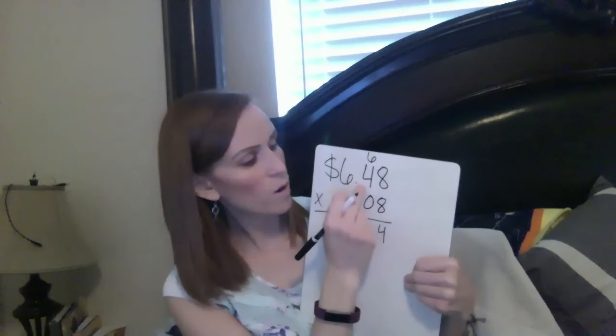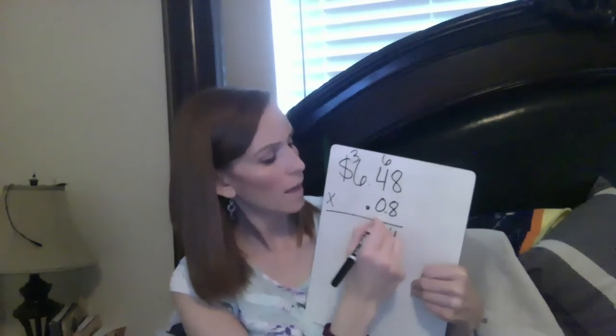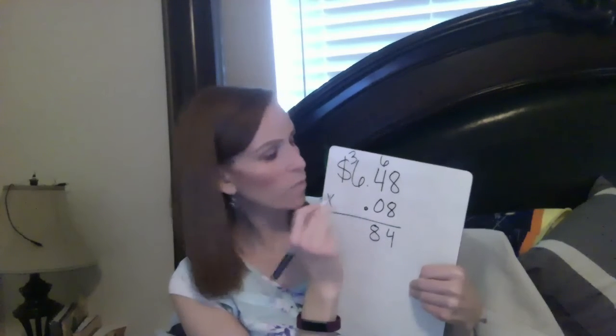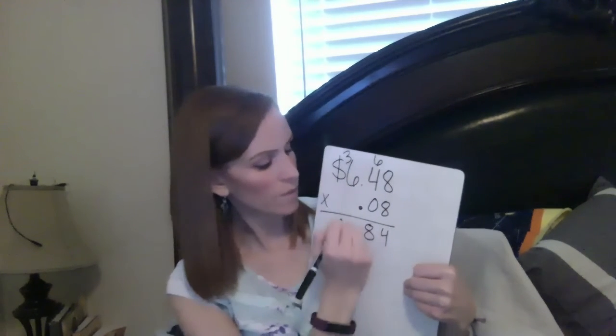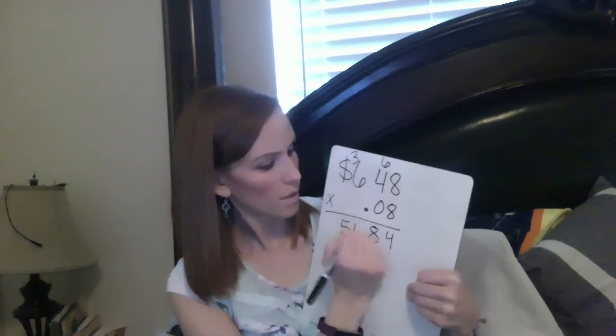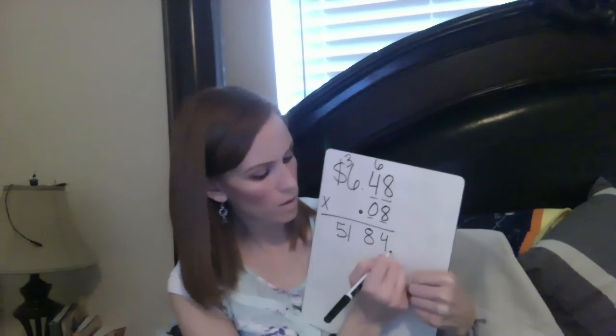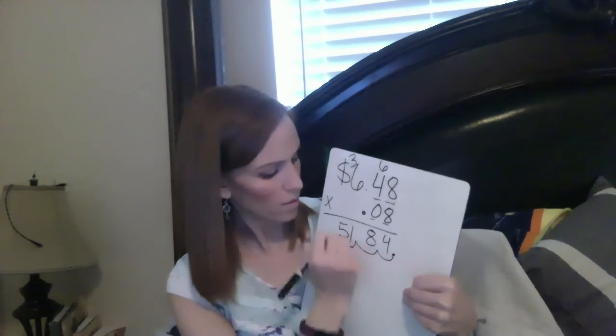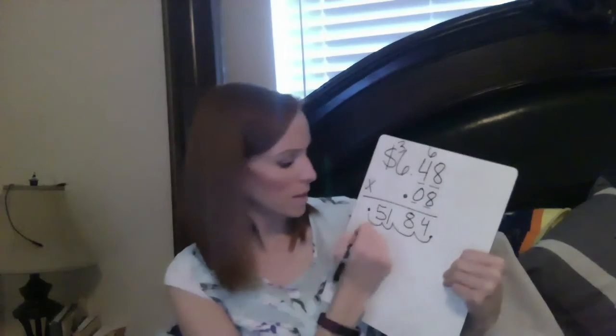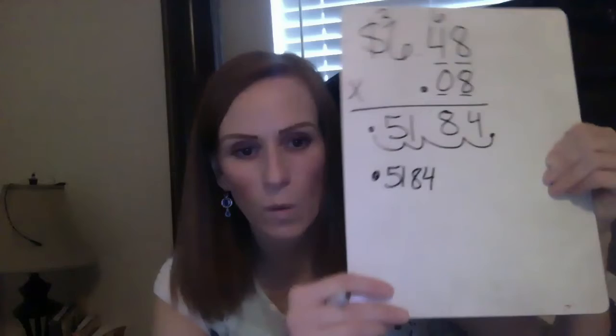And then let's multiply. So we have 8 times 8, which is 64. 8 times 4, which is 32, plus 6, which is 38. 8 times 6 is 48, plus 3, we have 51. Okay, and then we have to move it over as many decimals. So we have 1, 2, 3, 4. 1, 2, 3, 4. So our sales tax is 5184, but we know that we need to round it to